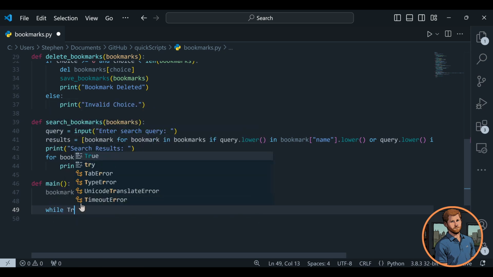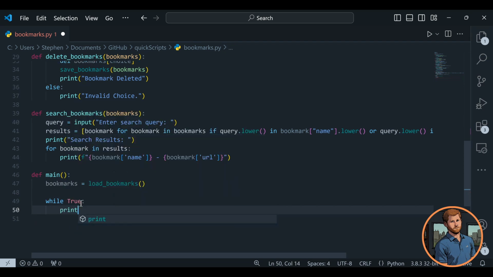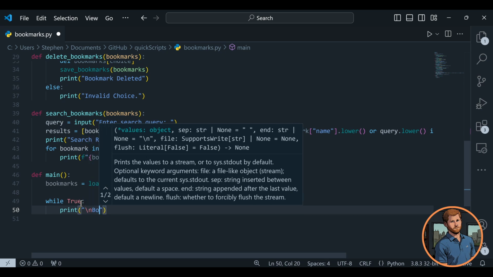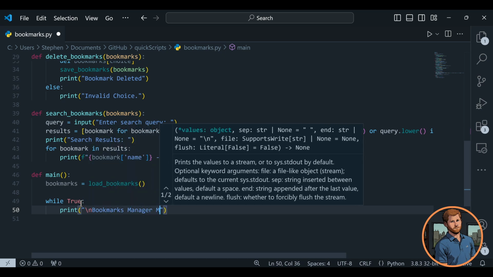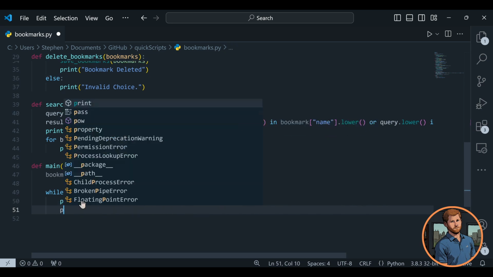Now, while true, we'll do our menu. Print /n